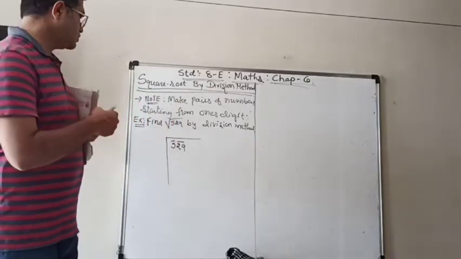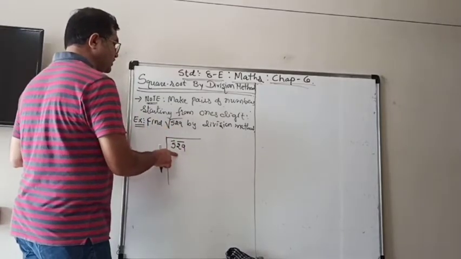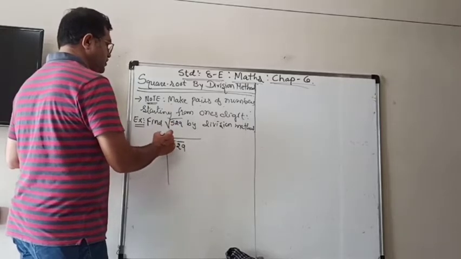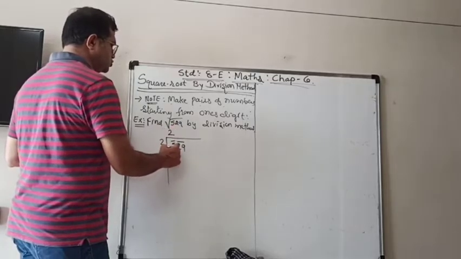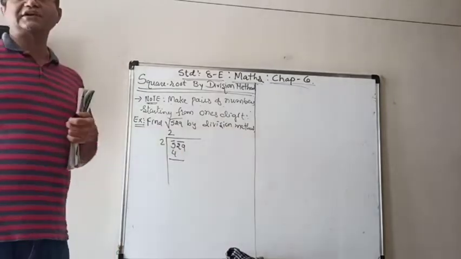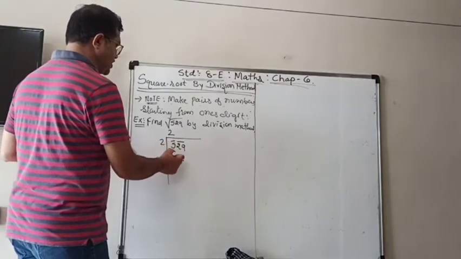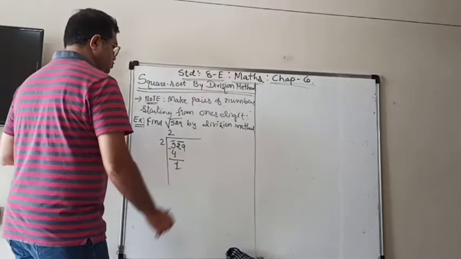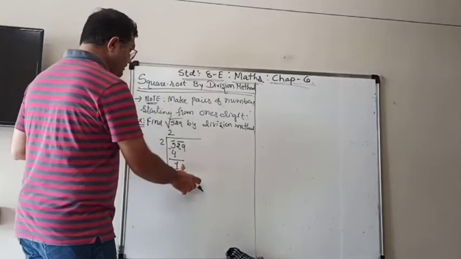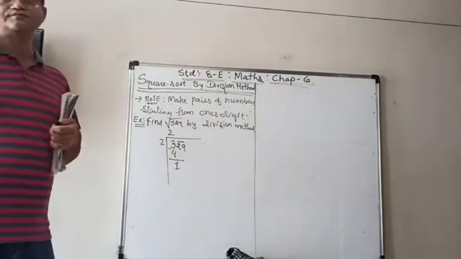So now if you take 3 threes, then it is more than 5. So we can't write down 3 threes here. So we have to write down 2 twos are 4. And then after that we do the same thing, division, subtraction here, meaning 5 minus 4, you get 1. Then in the normal division, what do we do? We just take one digit down.